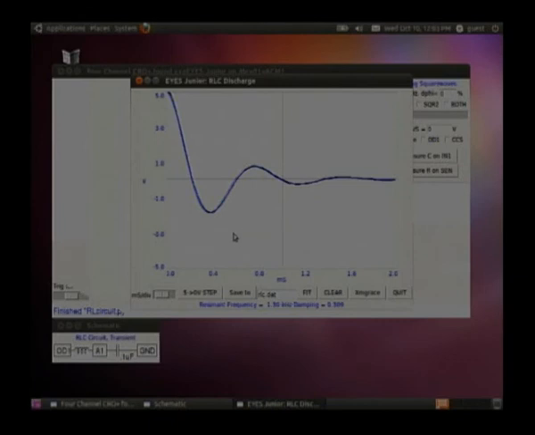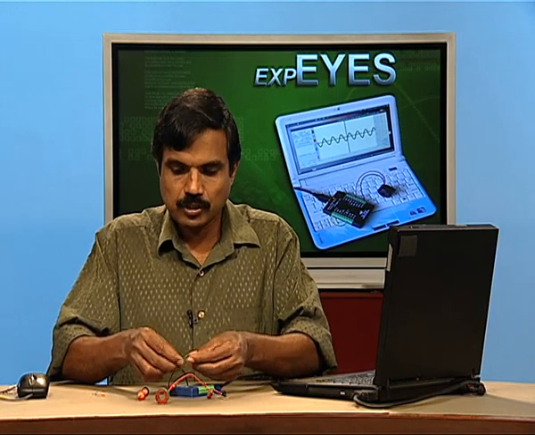Now, let us explore different cases. If you increase the resistance or increase the capacitance, this oscillatory nature will vanish, because it oscillates only because the circuit under the present condition is what is called the underdamped case. So, to increase the damping, we can put one more series resistance and see how this behaves. So, let us put one more resistance in series. We are taking a 3 kilo ohm resistor